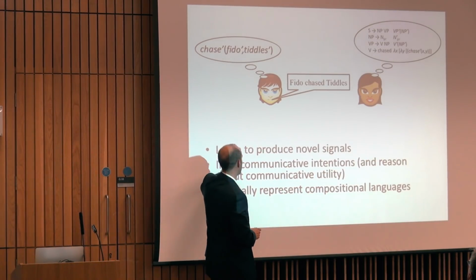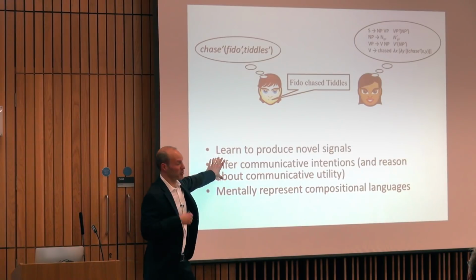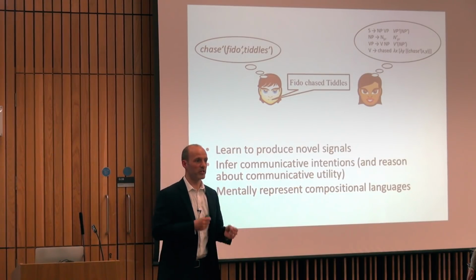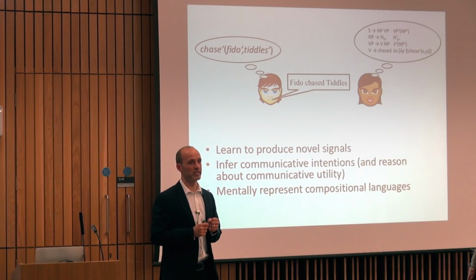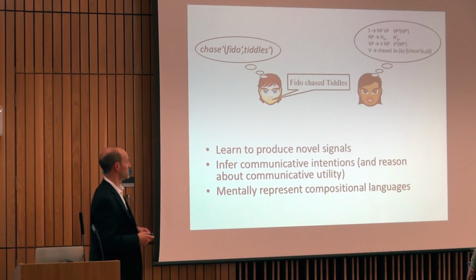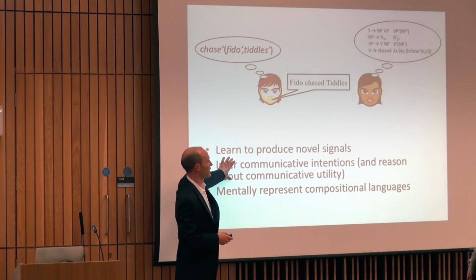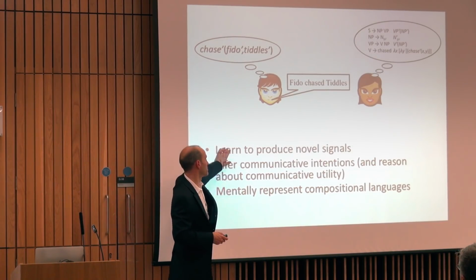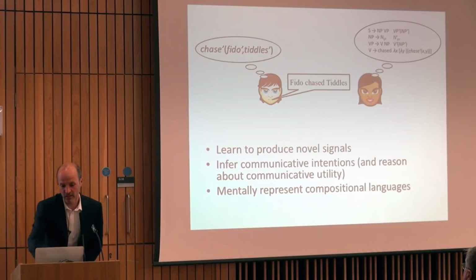I think there's also some evidence that non-human animals, and particularly our closest relatives, have some capacities to make inferences about the mental states of others and use those inferences about knowledge or ignorance in other individuals to shape their communicative behavior. So in the interest of time, I'm just going to give you a little example of chimpanzees doing something that looks a lot like this, and I'll skip the examples of these other things.